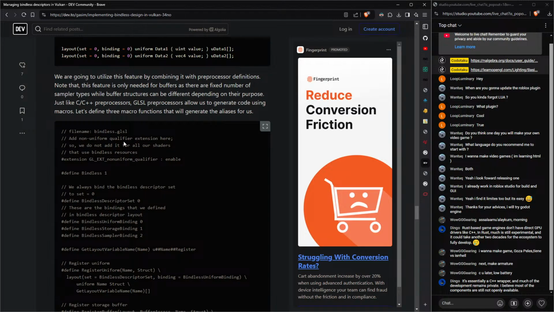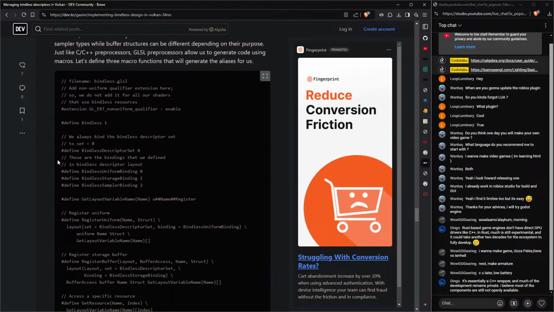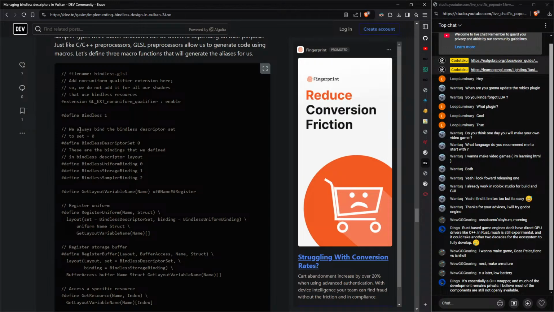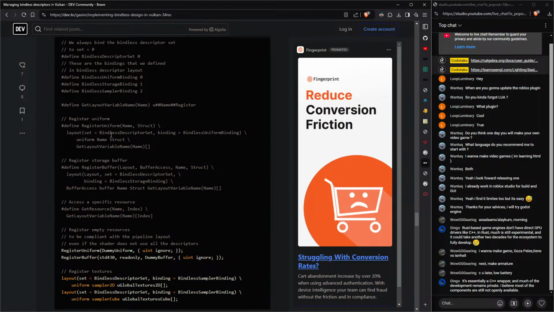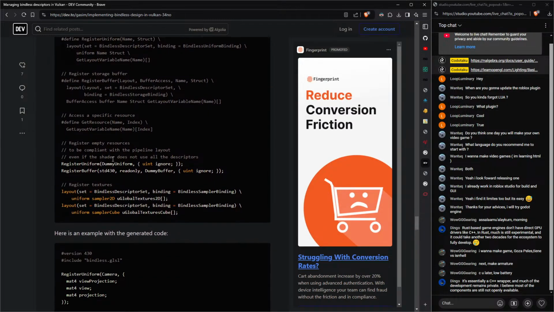So add the non-uniform qualifier extension here, so we do not add it for all our shaders that use Bindless resources. Huh? Define Bindless one. Always bind the Bindless descriptor set to set 0. Oh man, it's like he's using the macros directly. Just show me how it works first. Anyway,